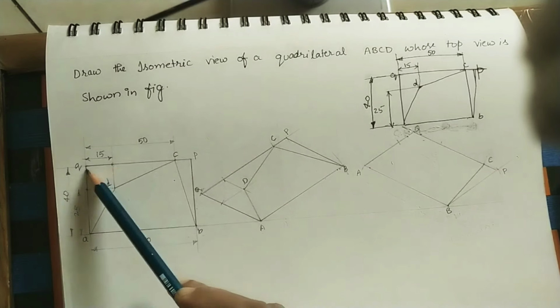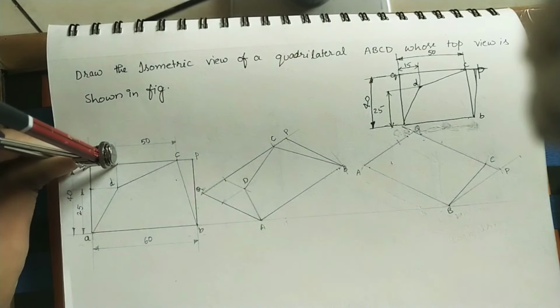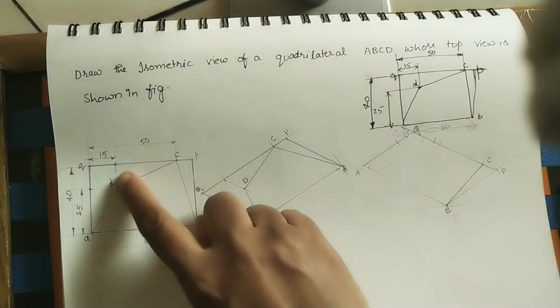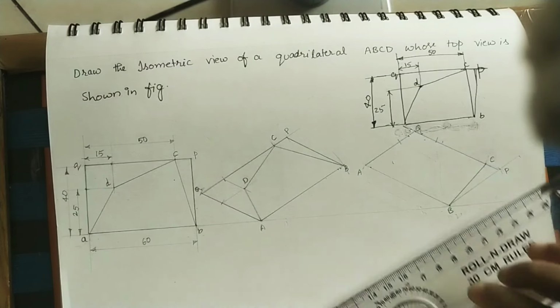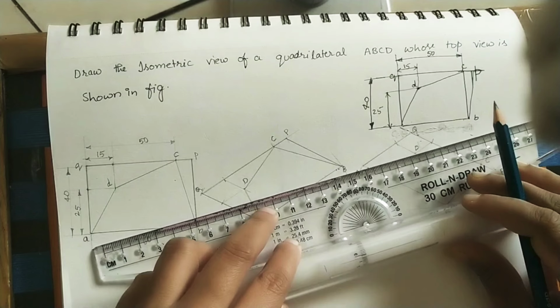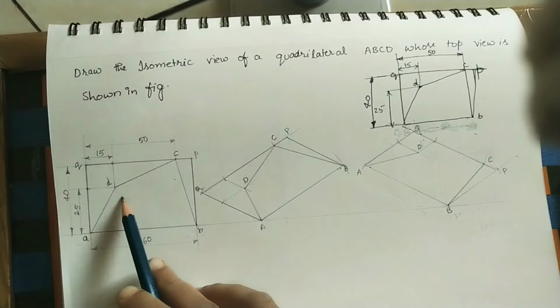After that, from Q mark this distance 15 mm. Take this length, from Q mark this length. So at this point, do the line parallel to this AQ. Keep the scale coincide with AQ, and at this point do the line. Take this intersection point as D point, capital D. Join this D point to A, D to A, and join D to C.